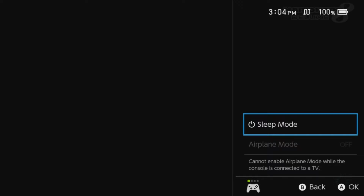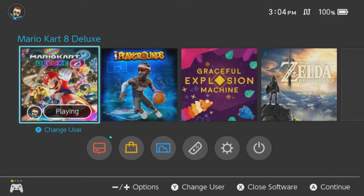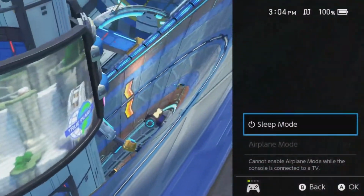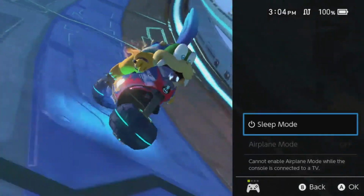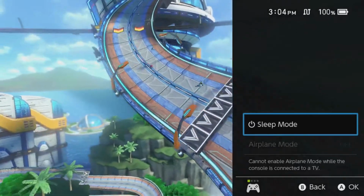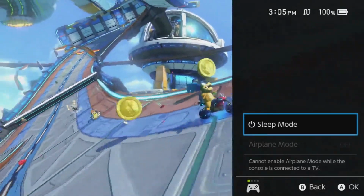If you do this, you can actually go back to the main menu really fast. It's not like it's a hassle to switch in between games and go to your friends list. You do have to keep pulling up the game, even though it only takes a couple of seconds. But if you could hold down the button, bring up the quick menu and access a lot of the features like your friends list, notifications, switching between games, and things like that,